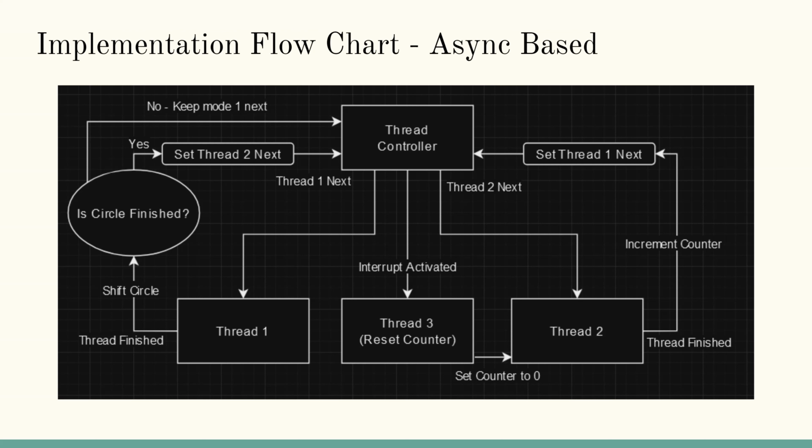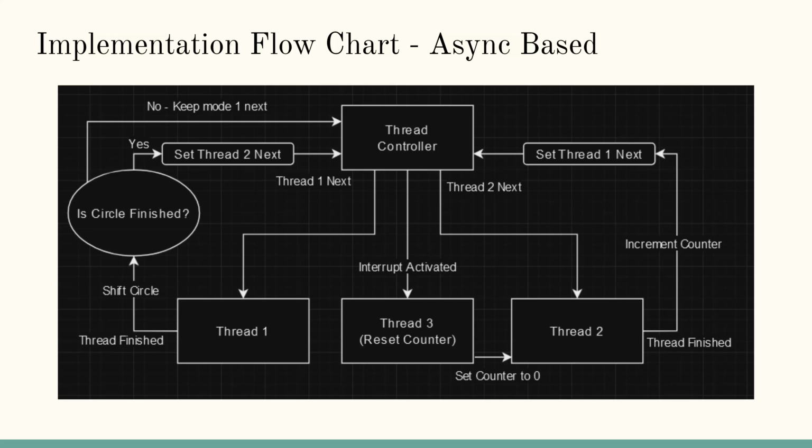If not, that top line in the left says no, and we keep mode one as the next thread. We head back to the thread controller. The thread controller checks which thread we run next again and goes on to thread one. After thread one has run enough times to complete a circle rotation, we are setting thread two to be the